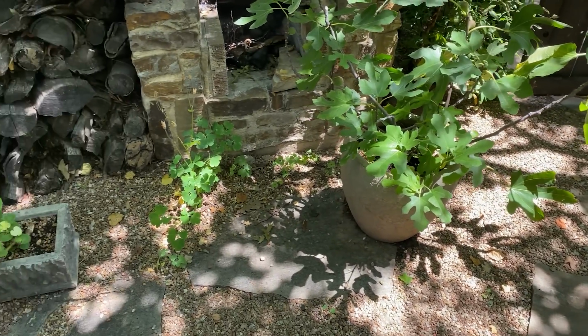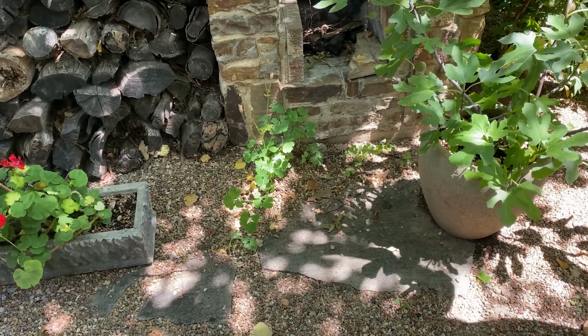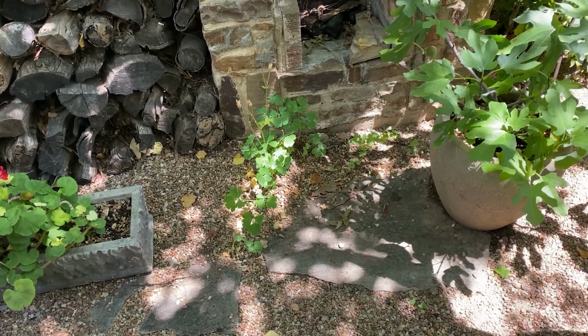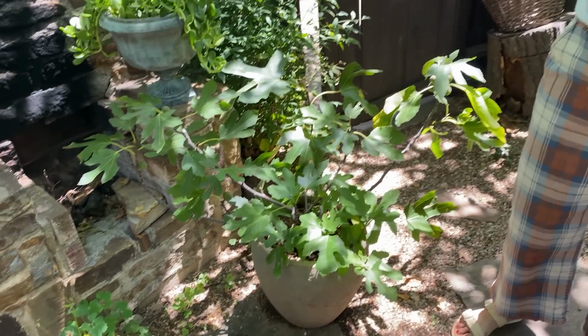And then all of the edges of it, I think sometimes when you do something like this, you wonder, but how do I make it merge? How do I make it merge with the grass? How do I make it merge with the flower bed? And that's by making the transition as seamless as possible. So that's why in some areas it'll be bordered by brick, or it'll be bordered by flagstone, or if not